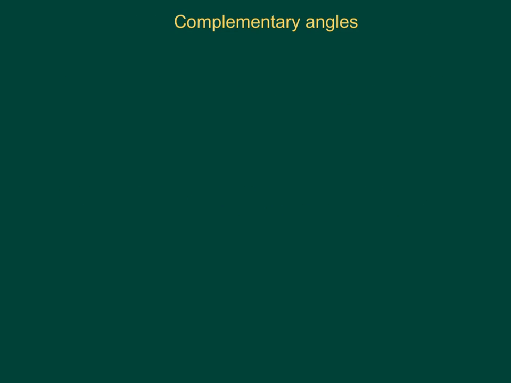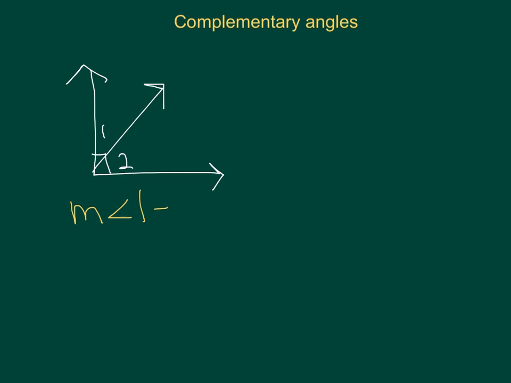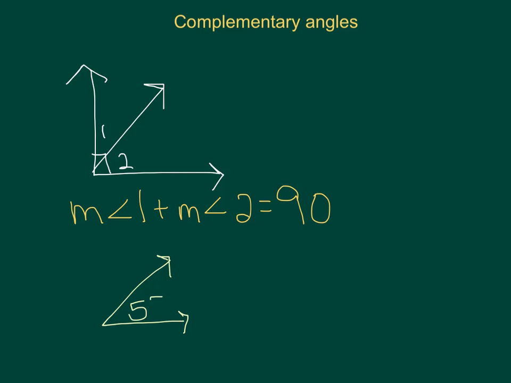Let's take a look at an example of complementary angles. So we may have an example that looks something like this. And we have a 90 degrees. This is angle 1, this is angle 2. We're able to say that the measure of angle 1 plus the measure of angle 2 equal 90 degrees, which makes them complementary. You may also have an angle that is by itself, so it may be 55 degrees and